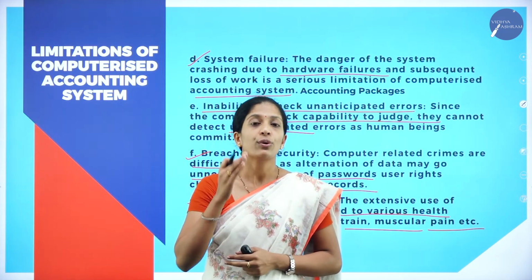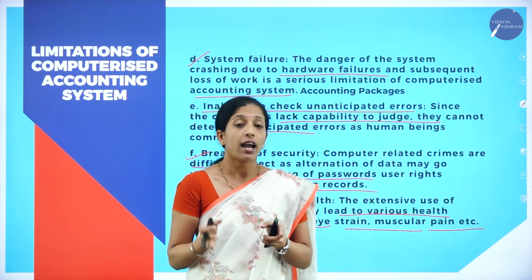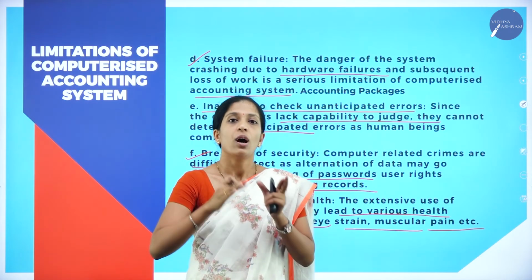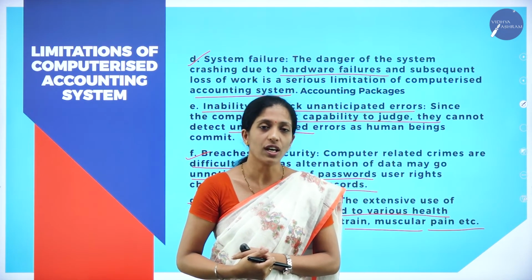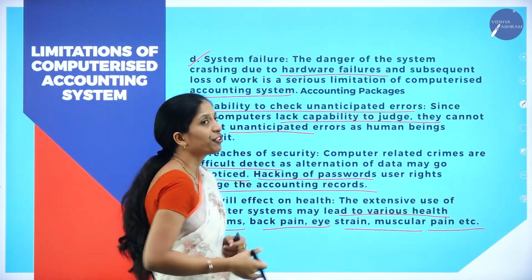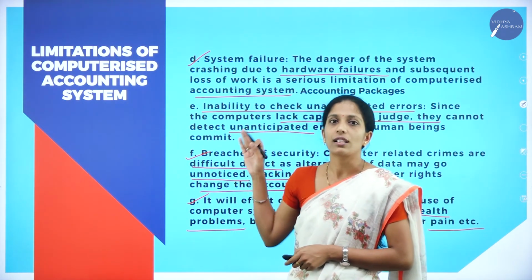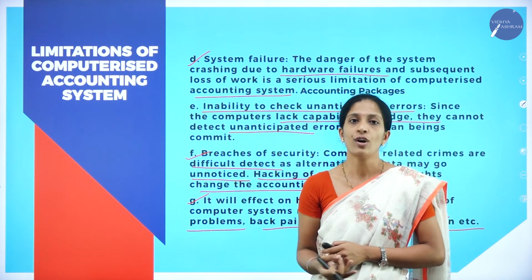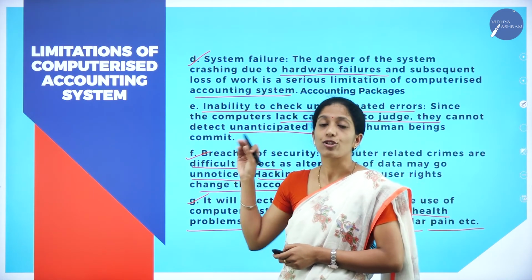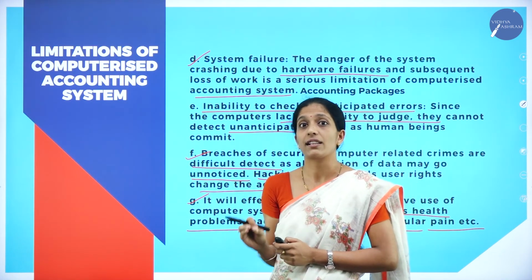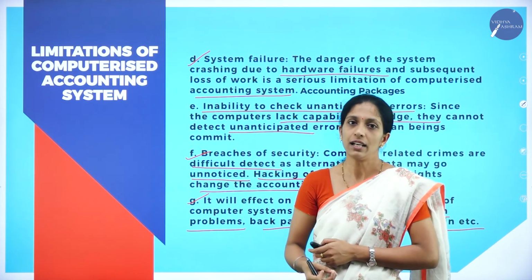As I told you, you can expect a 6 marks question from advantages as well as disadvantages. Either they will ask all 6 advantages or all disadvantages, or 3 advantages and 3 disadvantages for 6 marks. Okay, so these are a few disadvantages of computerized accounting system. You can go through all these points. If you know the side points, you can write in your own words. That is the explanation. Most of the time they will ask us to explain the advantages and explain the disadvantages. So you should not write only the side points, you have to explain the points.